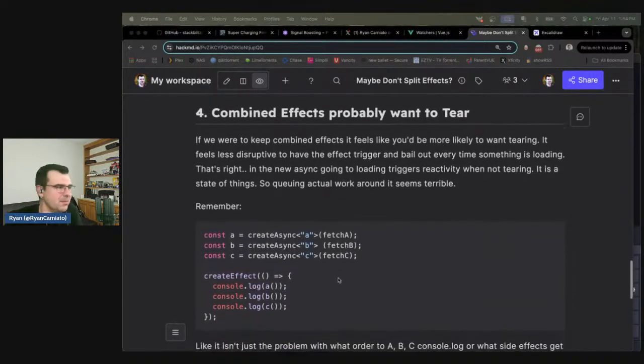And this kind of brought me to my fourth point. I hope you guys are following so far. It's that combined effects want to tear, probably. It feels less disruptive to have an effect trigger and bail out every time something is loading. So this is an important point to make. And maybe this changes a bit in the future, but the changing of the loading state is something that triggers things to rerun on the pure side, because some things might be observing the fact that it's loading, which means that